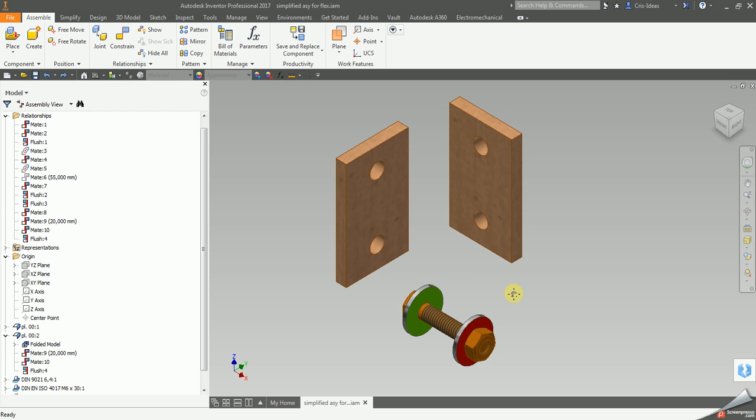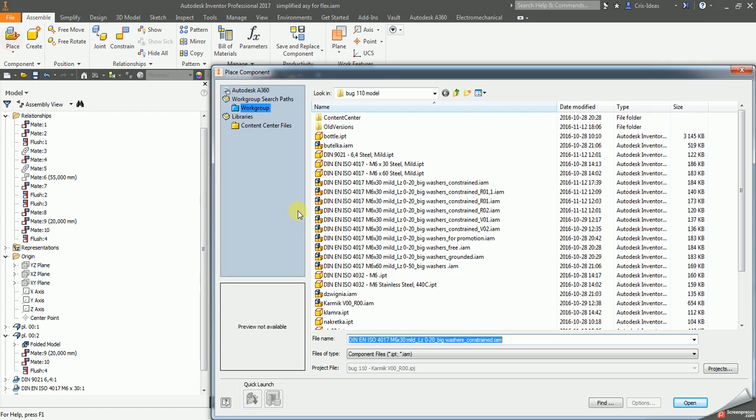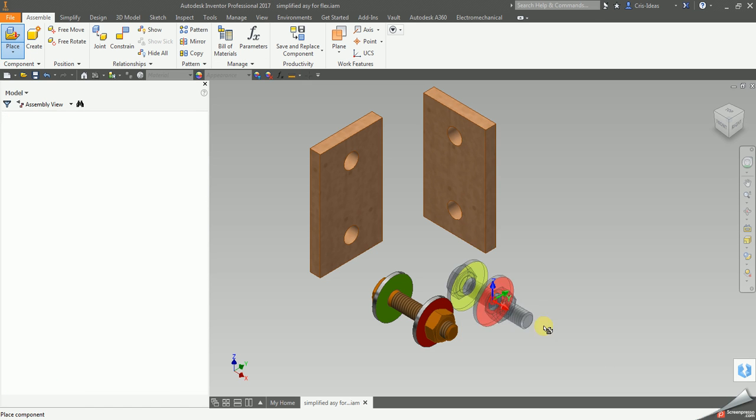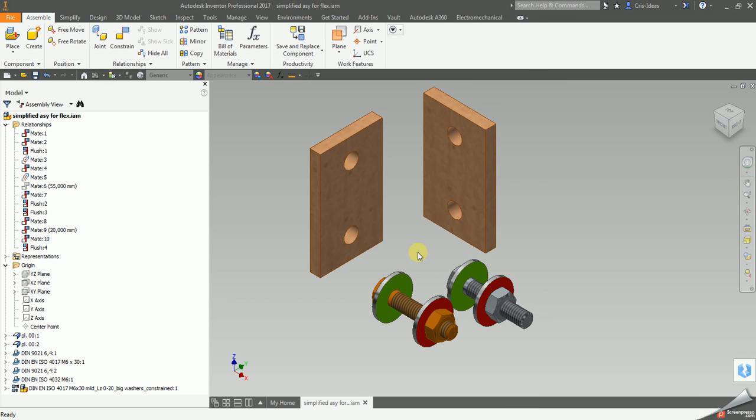In this video I will present another example of badly solved assembly when using the flexible source component. So as previously, I have my basic setup, my top level bolt assembly parts, and I will now place the flexible subassembly. I will make it flexible, and this time I will try to apply